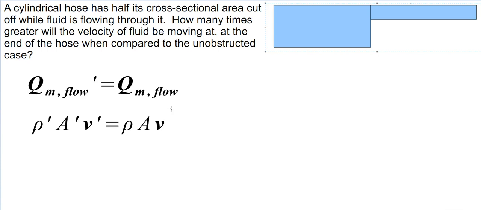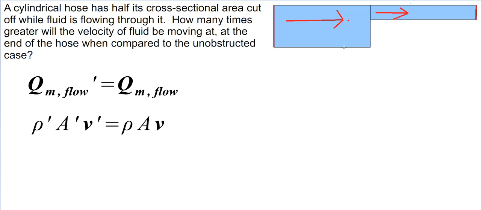All right, the second question we're going to be looking at here is in terms of the fluid flow that we're dealing with. So I always start here with mass fluid flow because it does reduce to volume fluid flow. The idea is we have a hose in which half its cross-sectional area is cut off while fluid is flowing through it. So up here at the top, we have our little diagram for it. Basically, our cross-sectional area has been reduced to about half of what it is before. However, there is still fluid flowing through from one end of the hose to another,